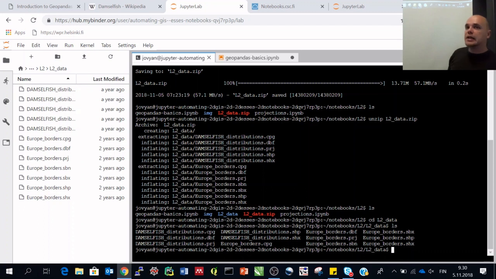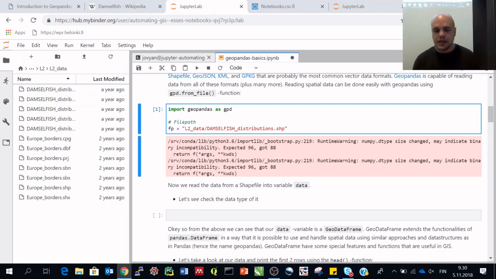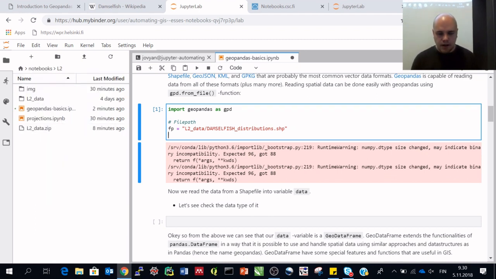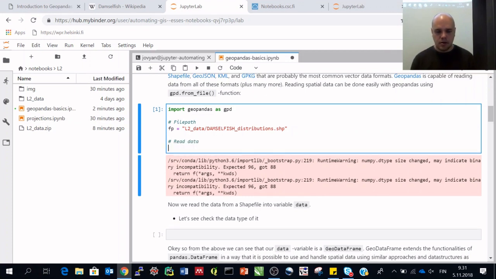.shp. So when we specify the file path for Geopandas, we use that shape extension file format in here. Now we have the file path specified, and when we want to read the data in, we basically call Geopandas. So let's read the data into a variable called data,